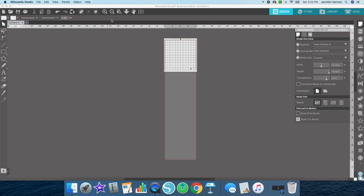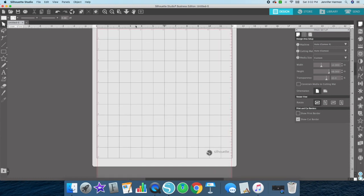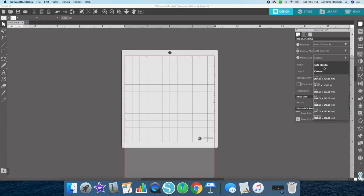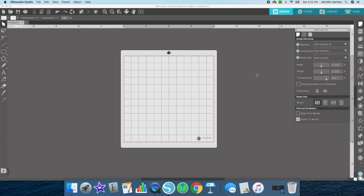And let me zoom in on the actual mat now. Okay, it still says my material is 12 by 48. I'm going to change it back to auto 12 by 12. In this case, I'm not making anything that's going to go past the 12 by 12 mat. If I was making something that was bigger, I would need to change it, okay? I'm not doing that, so this is going to be little itty bitty 0.6 sized flamingos, for example. Now that we've got that set up,